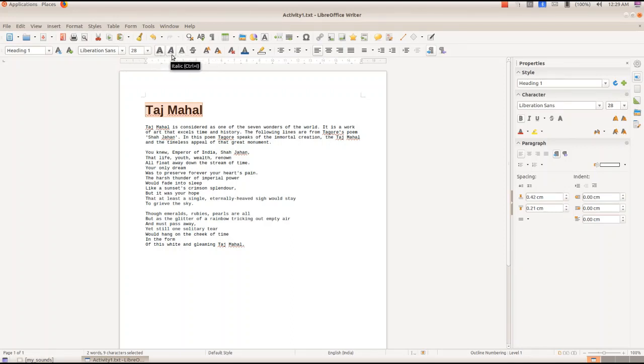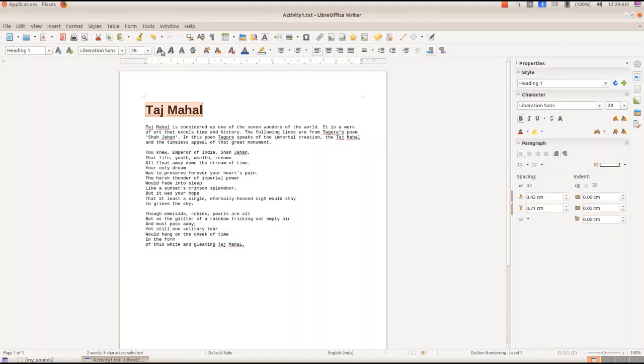Okay, and now we'll see how you can make the heading bold, or you can give italics and underline. The first A is bold and this is underline. After selecting the heading, if you click on this A, you will get a line after that, and that is underline. And if you click that A once again, it will go, and now it is in italics. And now it is already in bold, and now we have selected that, and now we got it in bold once again.